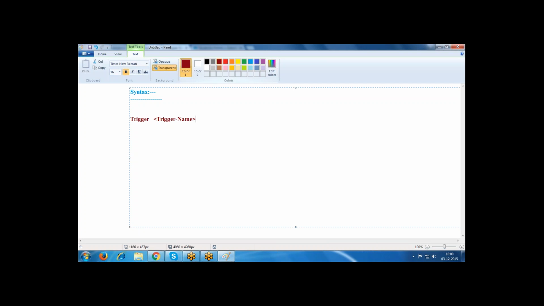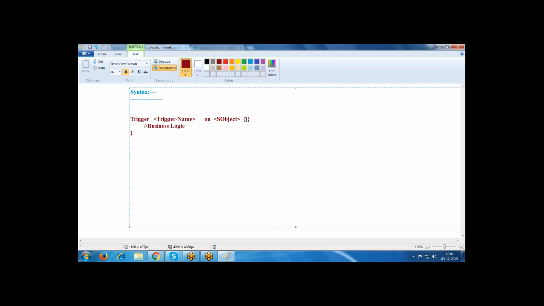What is the name of the trigger? And on SObject name. What is the object name? SObject. On which object you want to write the trigger? And there are some events, and then the business logic.